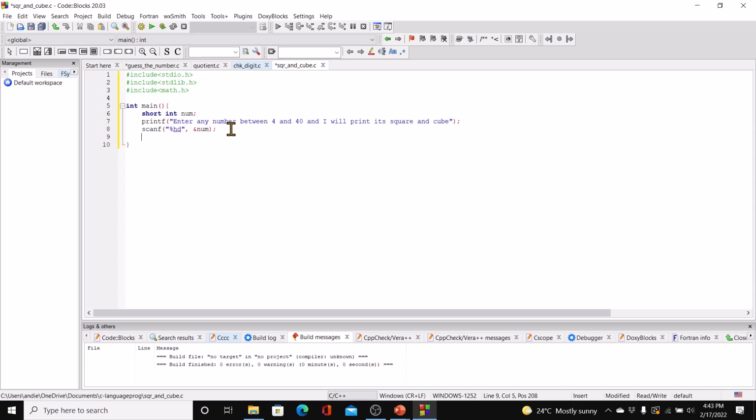Now once we have the number, we need to print its square and cube, but of course we need to make sure that the user has kept to this limit. So how do we do that? So we can say if num greater than equal to 4 and num less than equal to 40, printf the square of the number is %hd, comma,